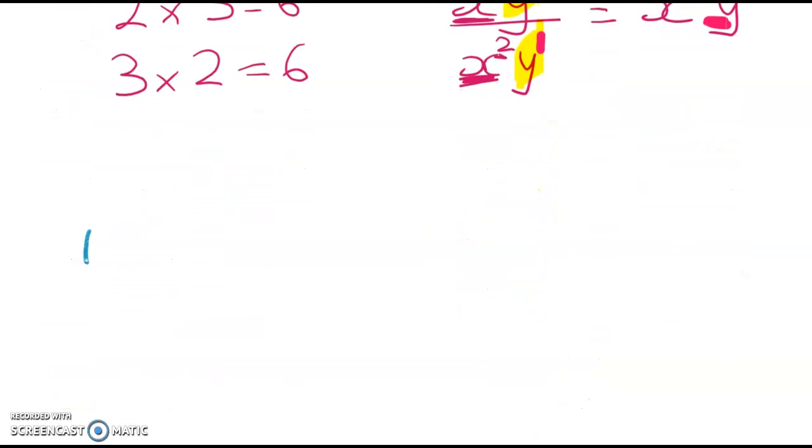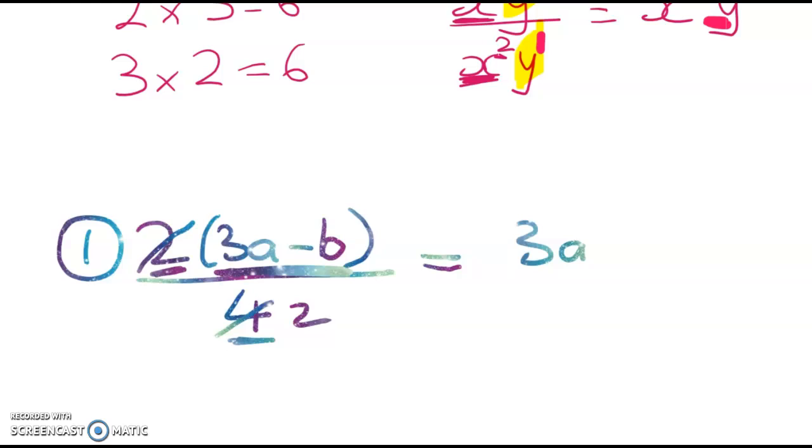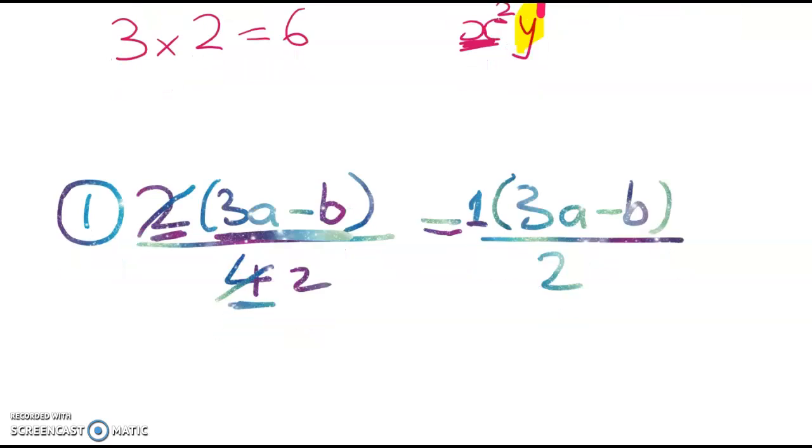Okay, so working through them down here. The first one is 1 to get us warmed up, and it's where the common factor is a simple 2. Right? We've got 2 lots of this thing here in brackets, and it's divided by 4. So we're focusing on the numbers. The common factor in here is 2. So 2 divided out of the top and bottom leaves me with 2 down here, and I end up with this. You can think of this as one lot of 3a minus b divided by 2,